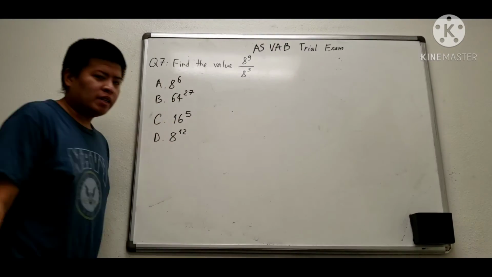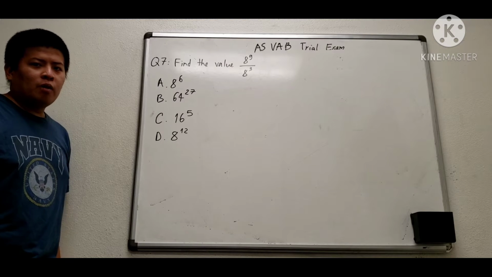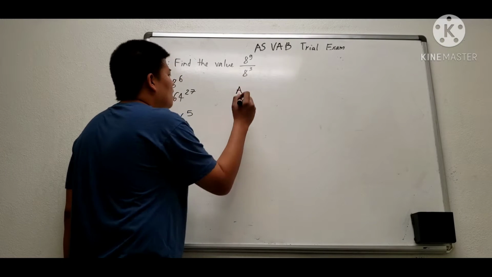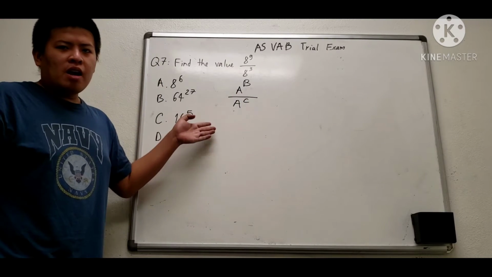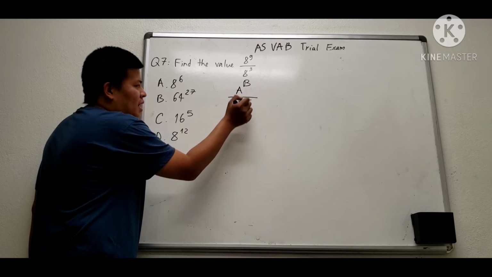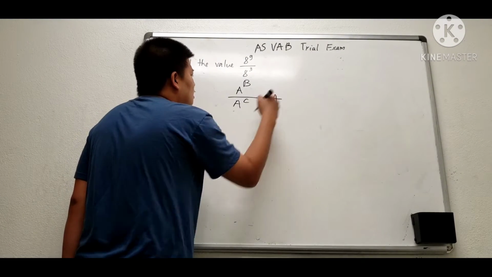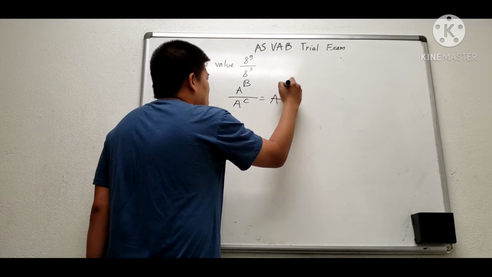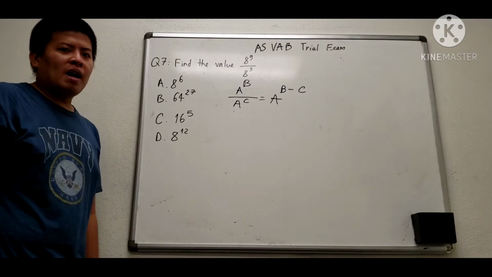So question number 7. Find the value of a power 9 divided by a power 3. So in here, you can see that we have the exponent a power b divided by a power c. And now in here, I will show the formula for you. A is about the base, and b and c, that's about the power. So we have the formula a power b divided by a power c. So in the power we have b minus c. So this is the basic formula about the power